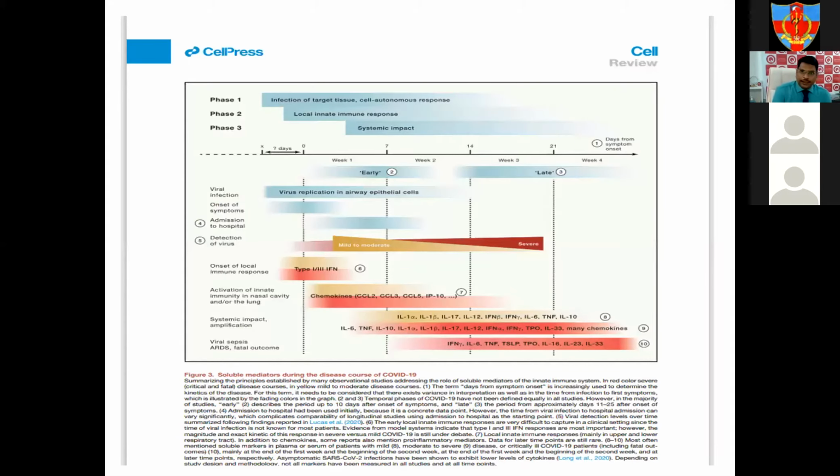If this is what happens in a cytokine storm, it has to be depicted in a picture. This is how it looks: a whole lot of interleukins, which are nothing but chemical substances released by the cells of immunity, predominantly the innate immune cells. And this is what happens to their circulating levels as one moves from the asymptomatic stage to the final critical stage of developing ARDS and subsequent mortality. This is how the cytokine storm looks pictorially.